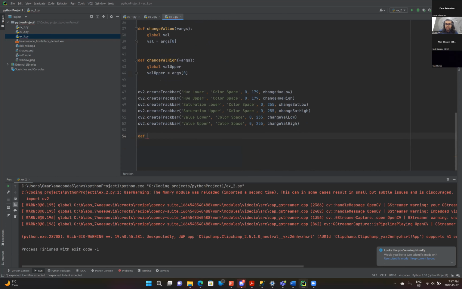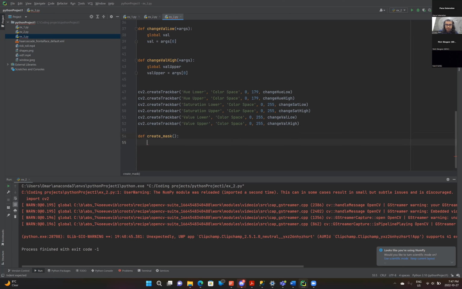And what we'll do is we'll create a function here. If you haven't done that before, that's fine too. Just try to follow along as best you can. So we'll call this function create mask. Define create mask. And what we'll do is, let's say you want to convert from an RGB image to